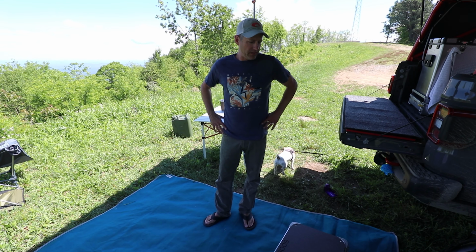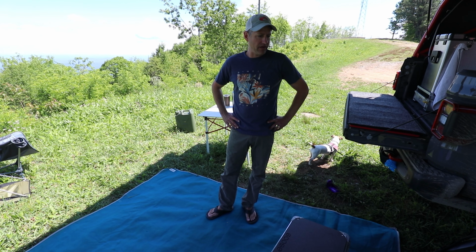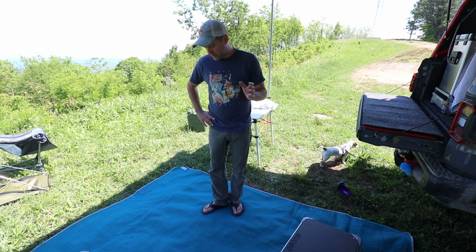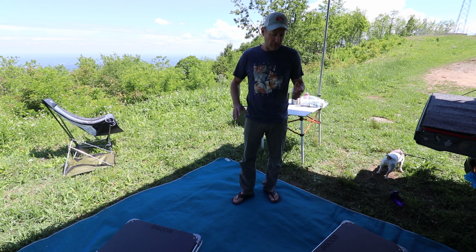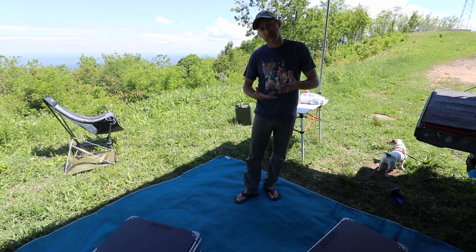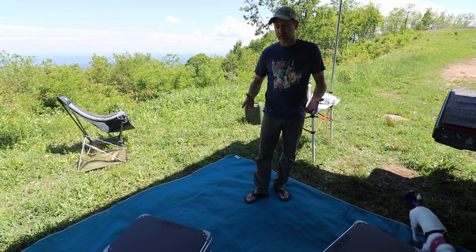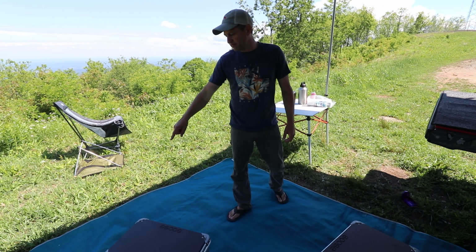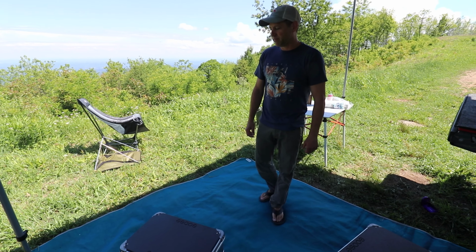One of the other things that we have purchased and really like is the Sea Gear sand-free mats. They are great. The only downside is that they are a little bit slick, so you have to be careful. But also, when you put a regular tarp down and you get moisture underneath it, these do not hold moisture, and when you do get dirt and sand on them, you can just shake them off. The other thing though is if you get a fire and an ember, it'll burn a hole through it very quickly, but other than that,